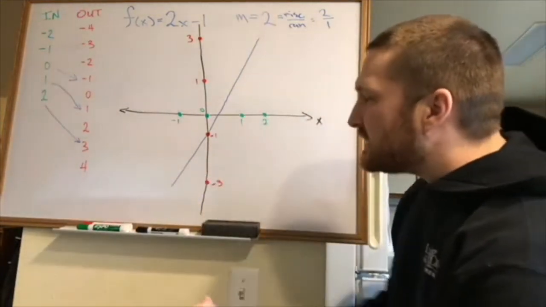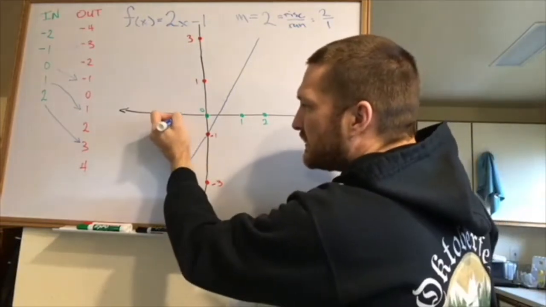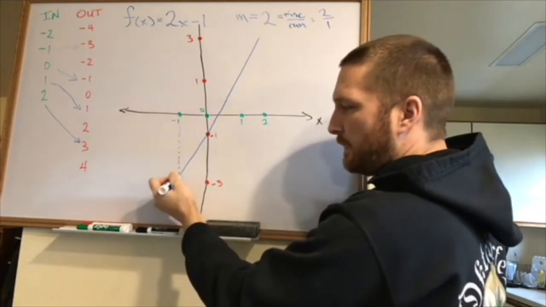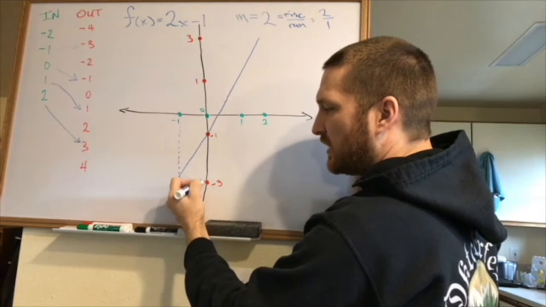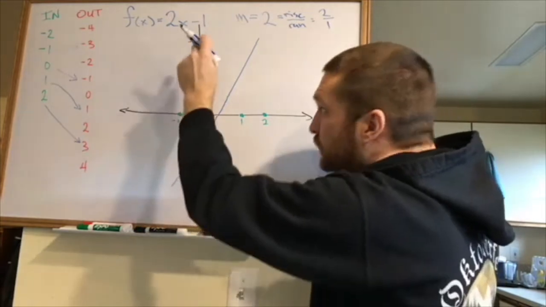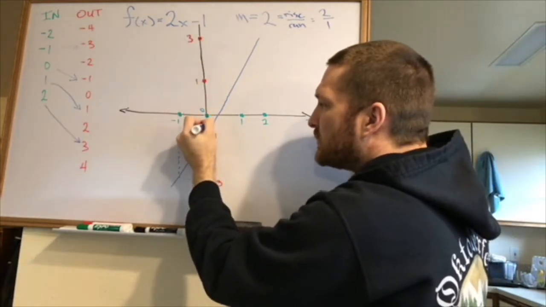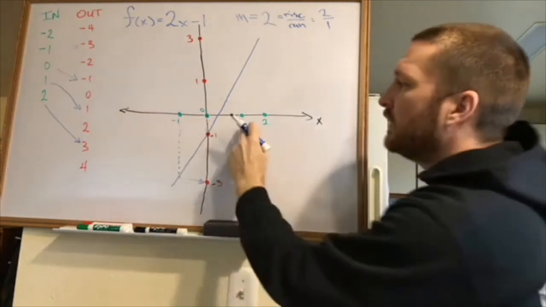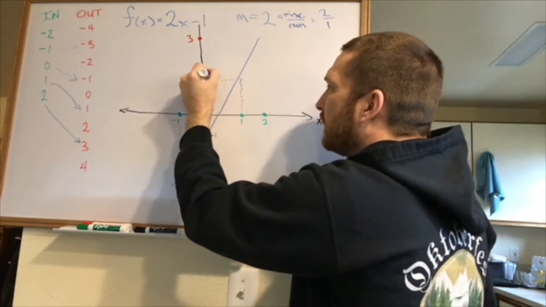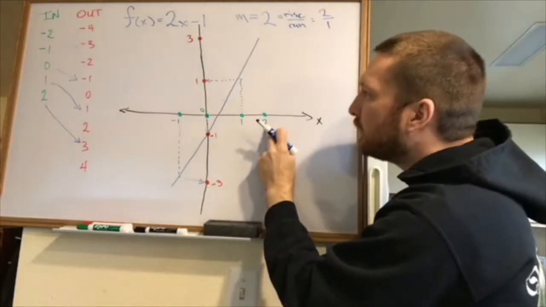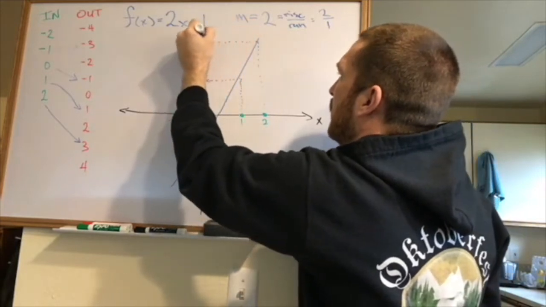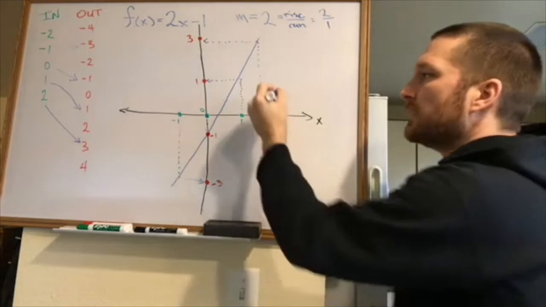And the way we do this is we say, well, this roadmap tells me that when -1 is the input, I go to the roadmap, and it tells me that I need to go to -3. When I'm at 0, this rule tells me that the output goes to -1. When we plug in a 1, the roadmap says go this way, right here. When we plug in a 2, this roadmap says then we go to here and go to +3. And so,